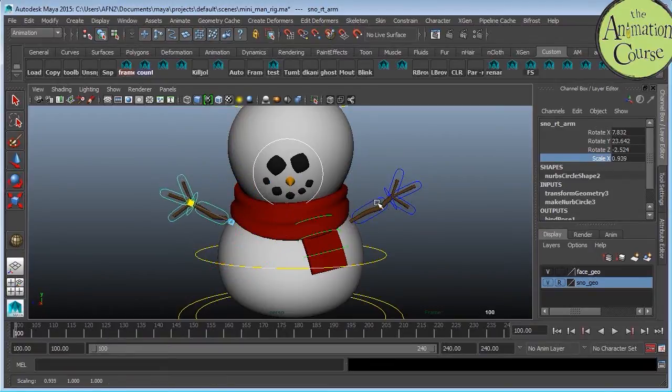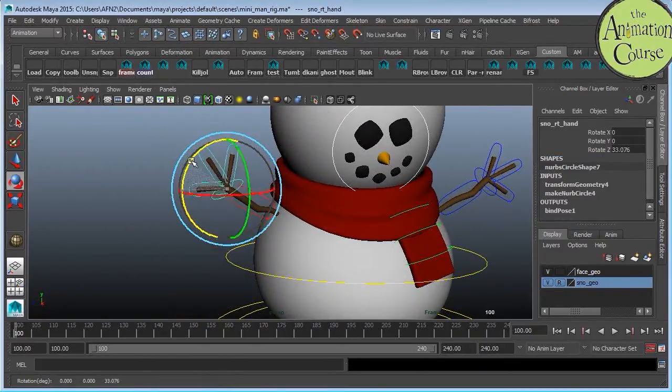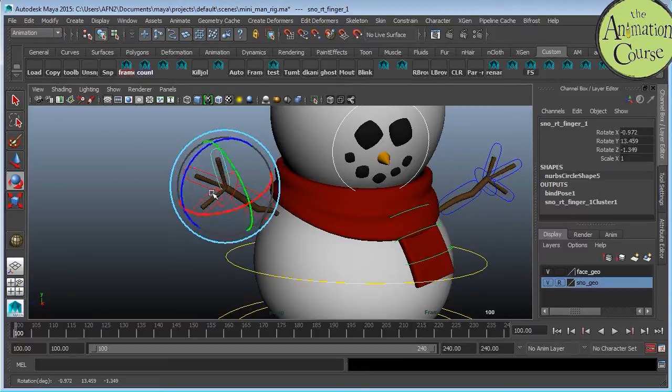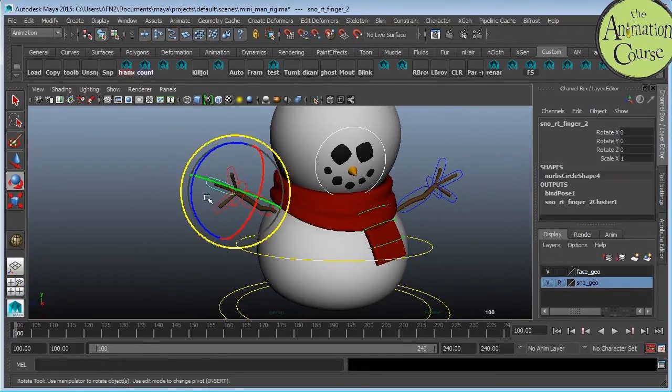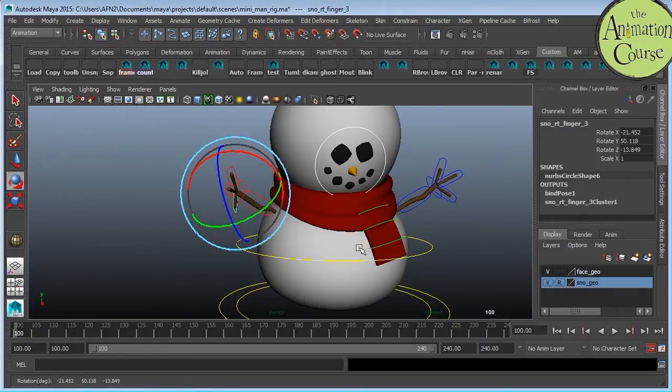And then the scale, you can shrink it or lengthen it. And then the circle around the 3 little fingers will move the whole hand, and then each individual finger can move. Again, it doesn't have any joints, so you just move those fingers if you want,